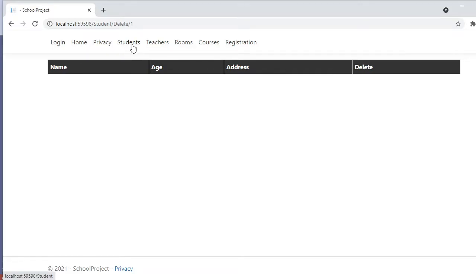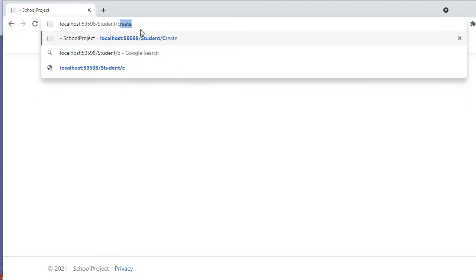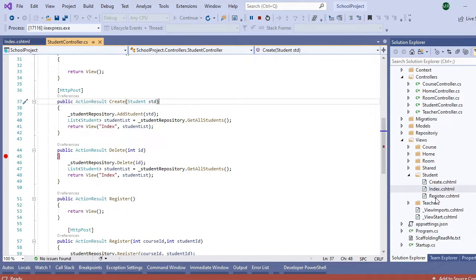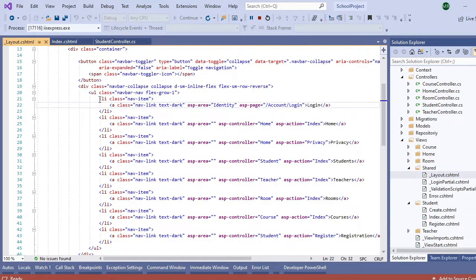But in order to simplify our job, we will add a link here to go to the create page rather than keep writing create like this. So I will go now to Visual Studio. We will go back to the shared folder and to the layout. Here are the links which we have in the layout page, like login, home, students, etc. Inside this, I will add another